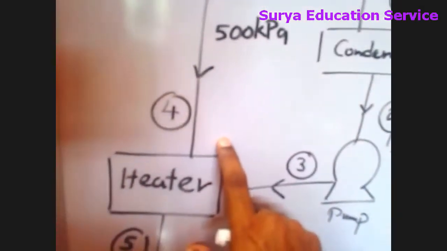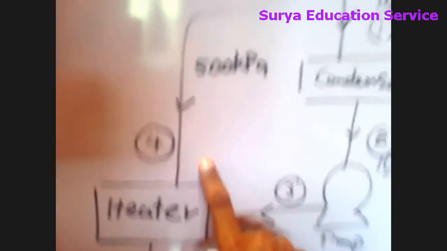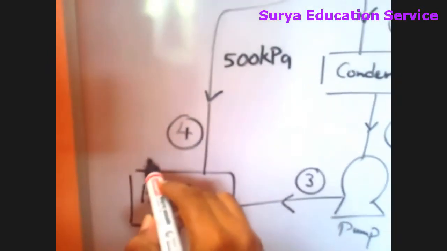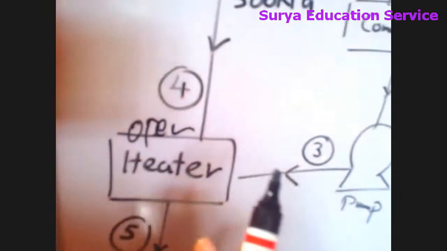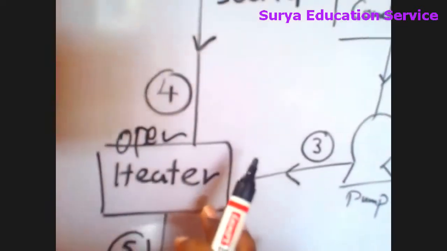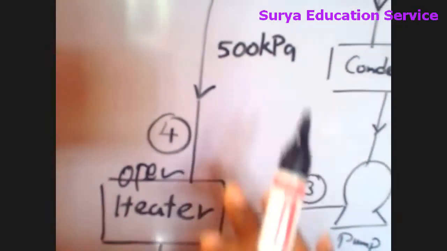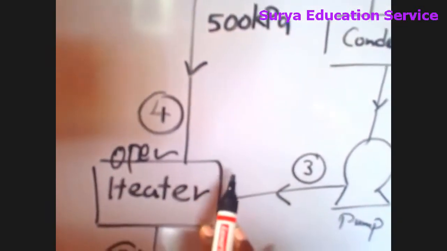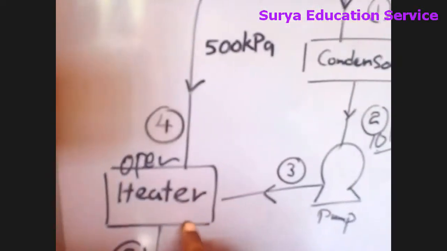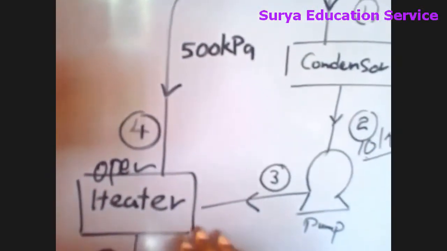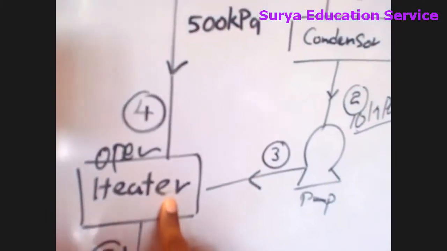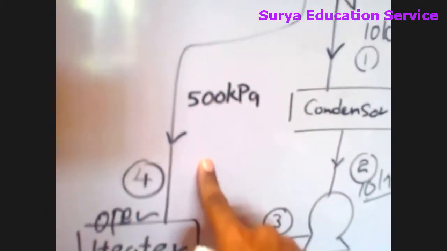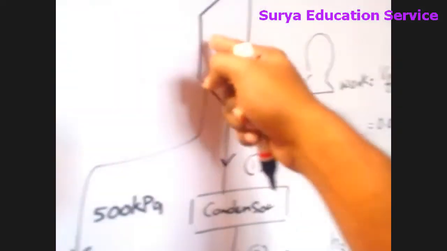Okay, so now guys think, now here we have the pump, because in this circuit we are using a feed water heater also, right? Usually if you have the low pressure turbine there, mostly this must be the open feed water heater. But don't worry about whether this is an open or closed feed water heater. Just think here we have the heater. In order for this heating process to happen, we need to give some amount of energy to the heater in order to heat the feed water. So how are we going to give that energy? We are going to give that energy from the turbine.